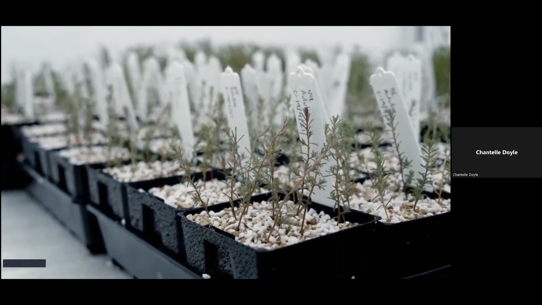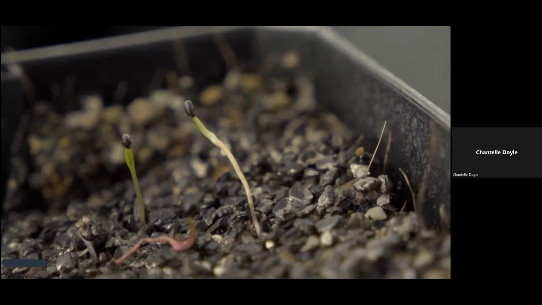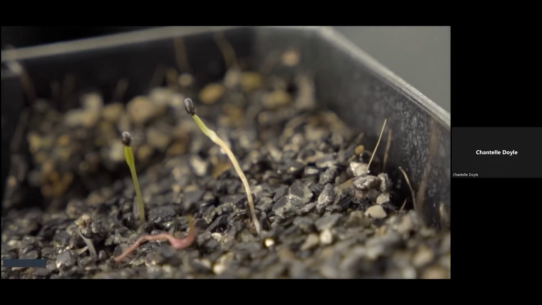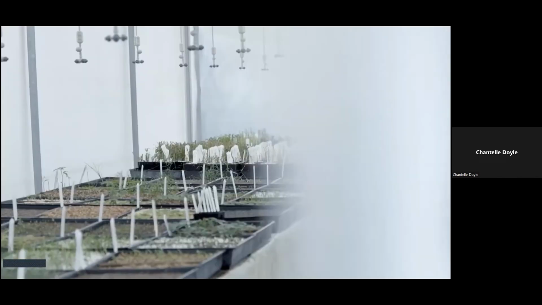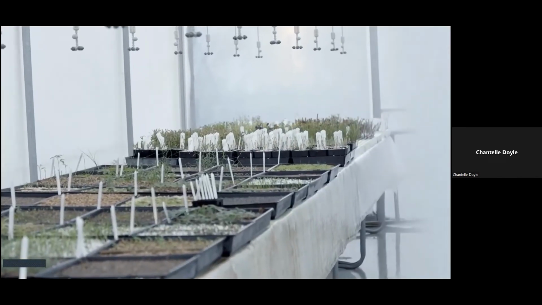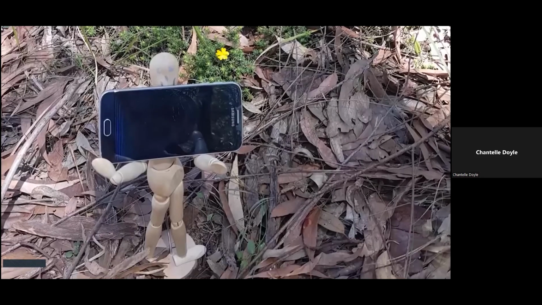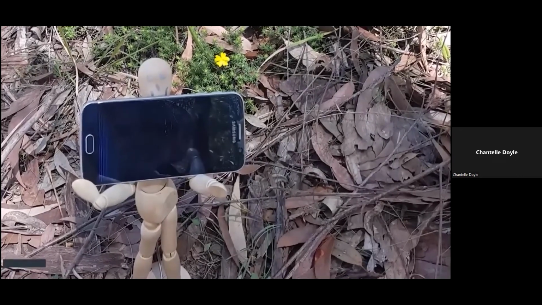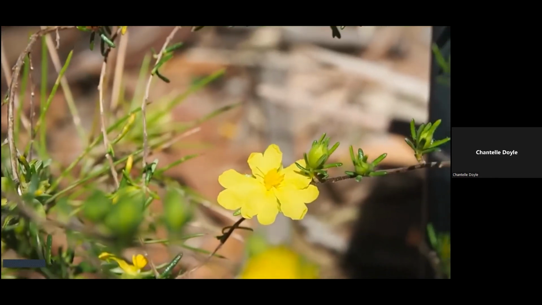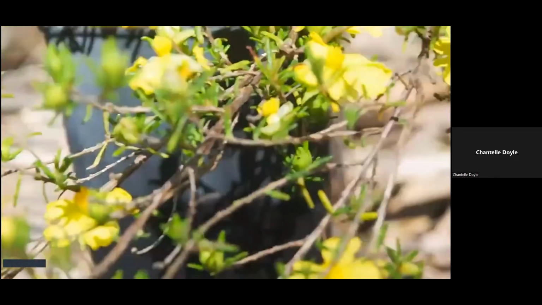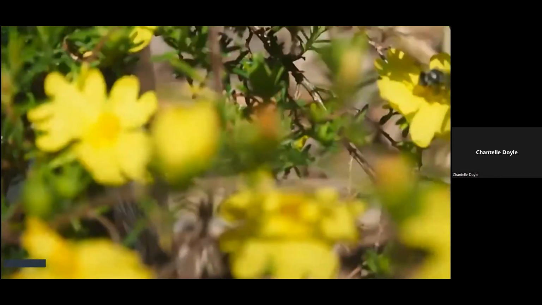The ex situ collection was an insurance population to give us time to plan for its conservation and answer all the things about its ecology that we didn't know. So first I had to figure out if they could be pollinated. So I sat around with my phone and made little camera traps with my phone with a home security app. I found that there were a few things visiting it, mostly a sweat bee called Lasioglossum.